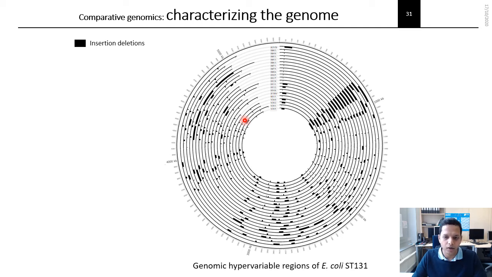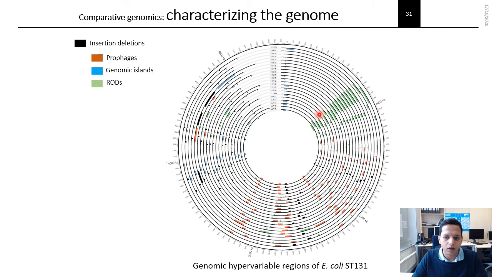As previously shown, we are comparing one genome to another genome, and trying to detect which genetic segments are newly present, absent, or got deleted from the genome. Now you can see these are the insertion deletion sites, meaning here either a genome segment got deleted or a new genetic segment got added. Now, what are these genetic elements that got added or deleted? We can classify them by using different tools. Here I am summarizing. For example, these are the genomic islands.